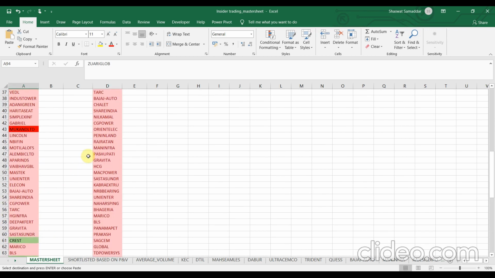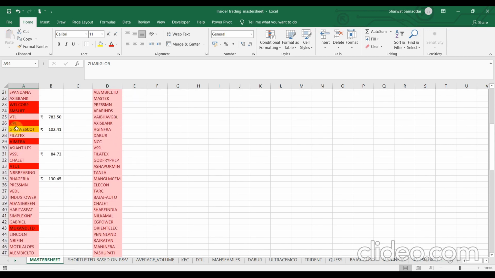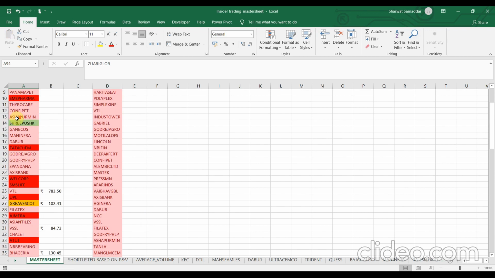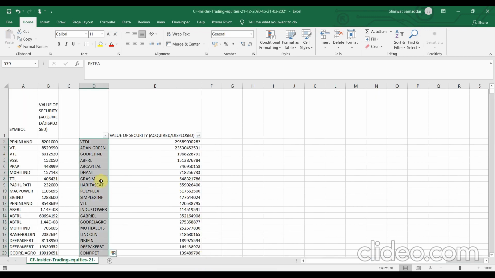Now, you might be wondering what these stocks are which have not been highlighted light red in the master column. These are the stocks which fail to fulfill the criteria, or fail to pass the filters which we applied in the previous Excel sheet, the one we used in order to come up with these symbols.